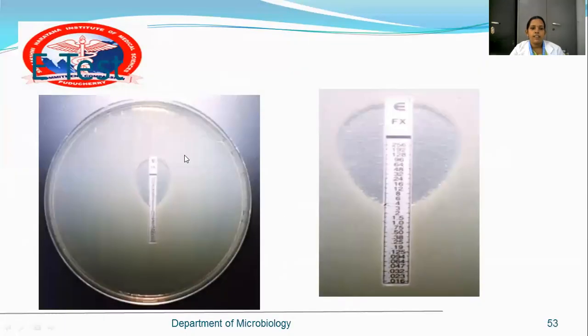See, this is the E test, E strip. This is mainly for detecting vancomycin resistant enterococci. So the disc method is not useful to detect vancomycin. Here you have to use the E test. This strip is coded with numbering and also the drug. So if you keep this strip like this, next day, up to the level which mark you are getting the zone of inhibition like this, you have to measure and say whether the drug is resistant to the enterococci. We are doing this method mainly for vancomycin enterococci.